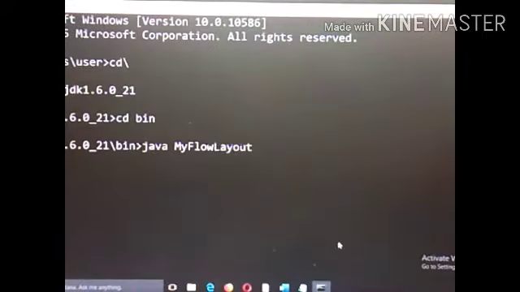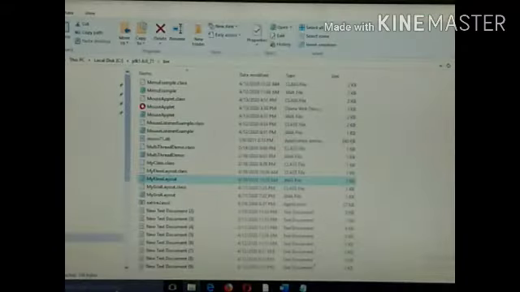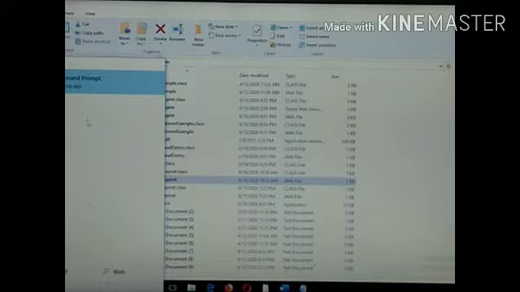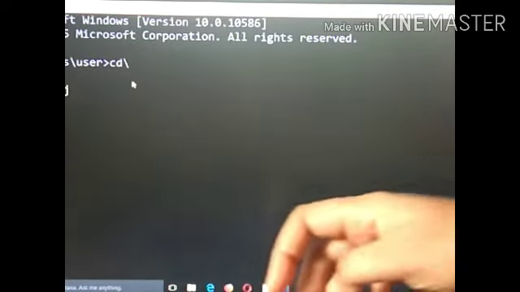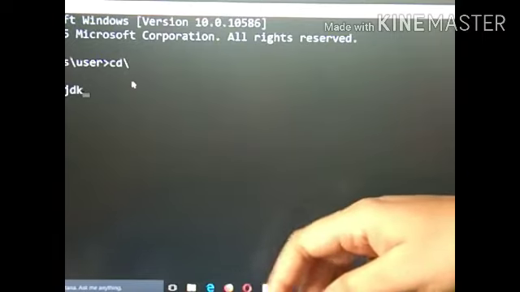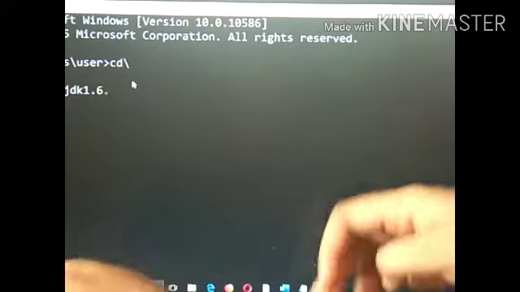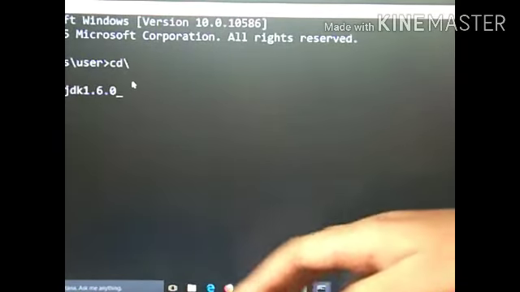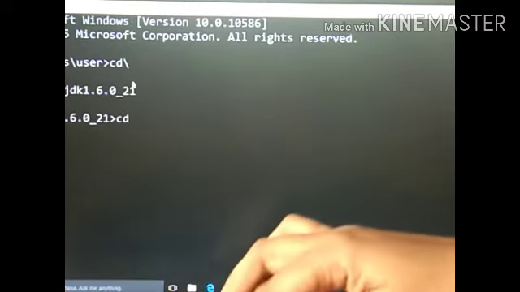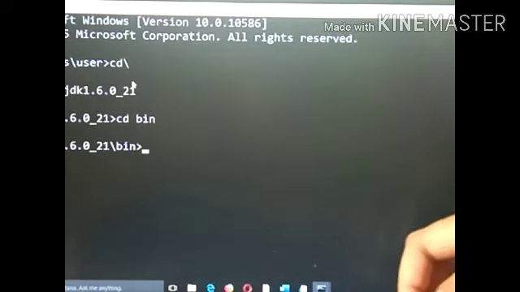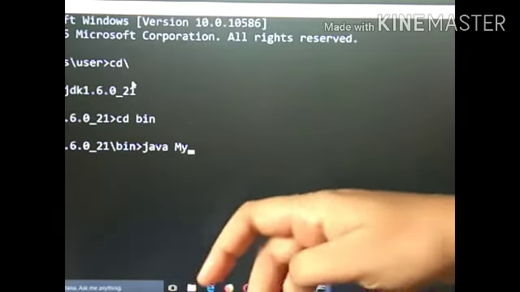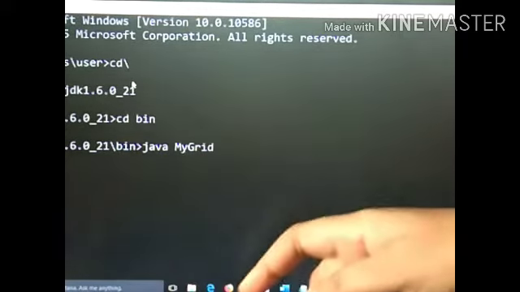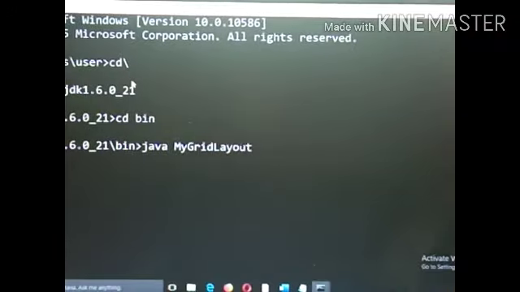Okay, so next one is the grid layout. Java my grid layout.